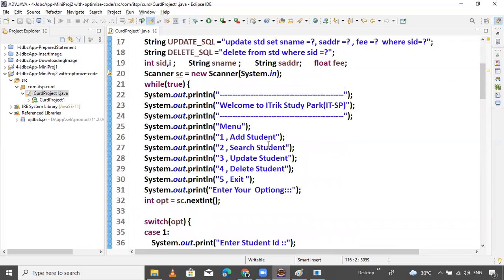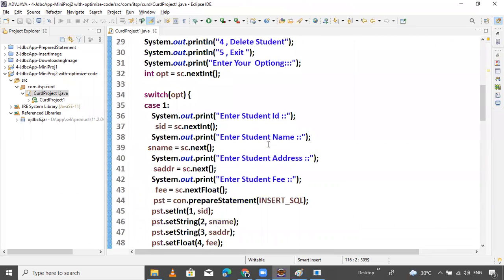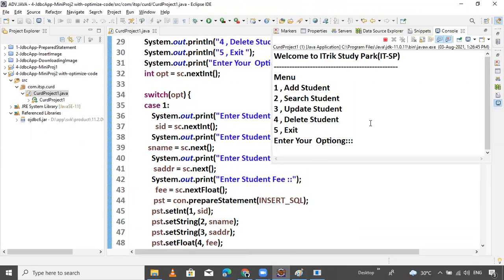Try to run. The code is running. Control F11. Yes.